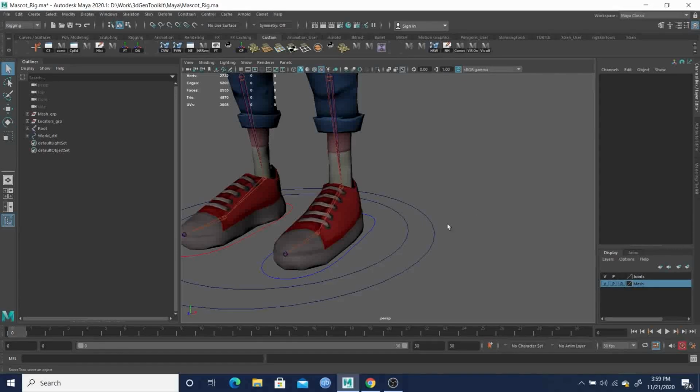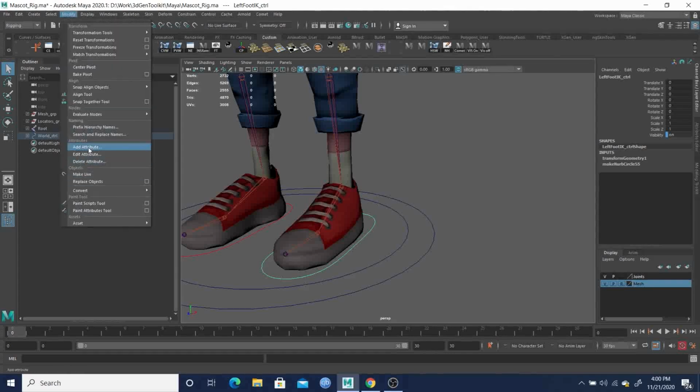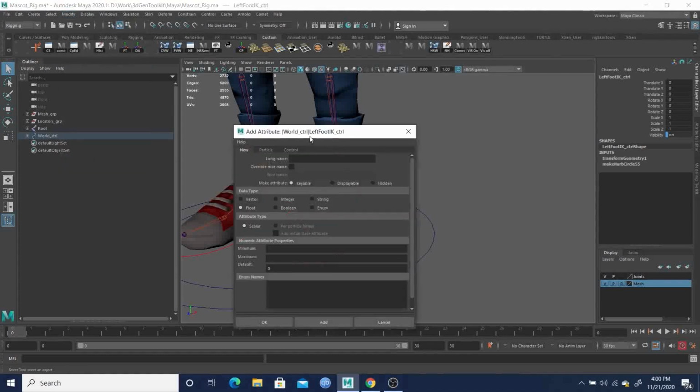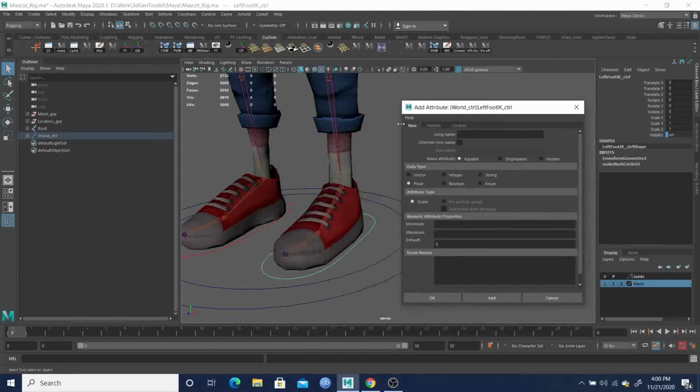Alright, so we're going to add a foot roll and toe rotation, a couple toe rotation attributes on each foot. And to do so, what we want to do is go to Modify and say Add Attribute, and it comes up with this Add Attribute window. And what we want to add first is foot roll,